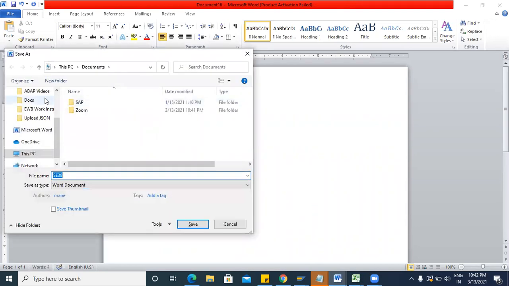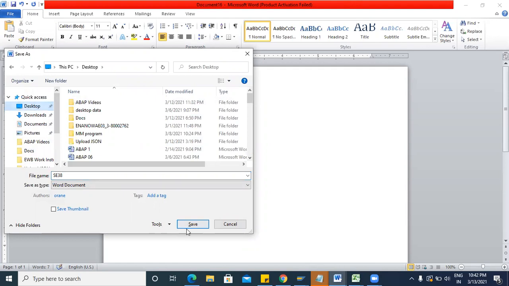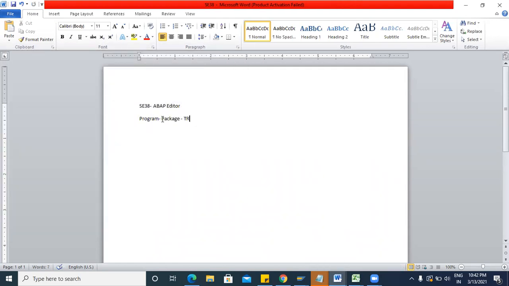Okay, so this is the process. If you create any program, then the program will be stored in a package and then the package will be stored in a TR, and that TR will be a workbench request. Okay, because here we are creating the development object. So the development object will be stored in the workbench request.